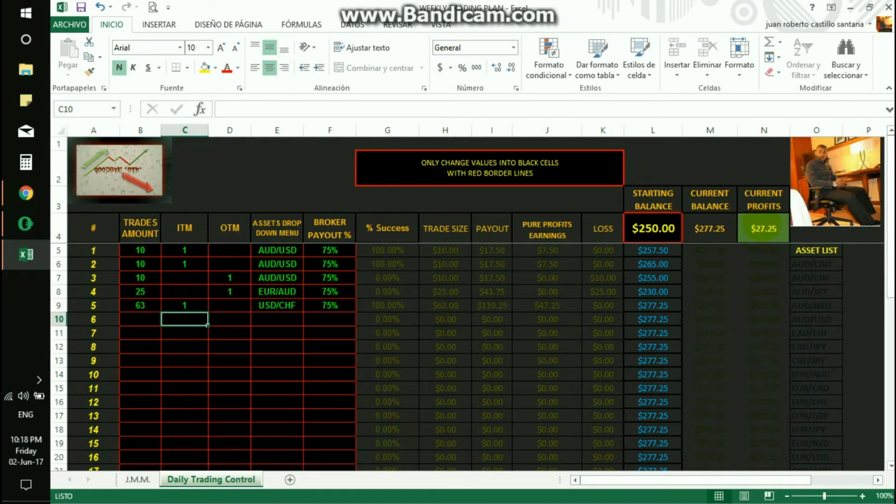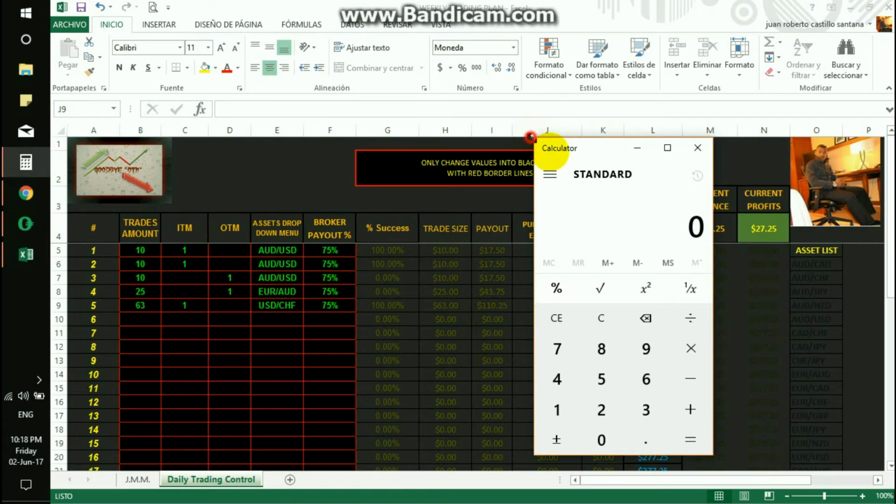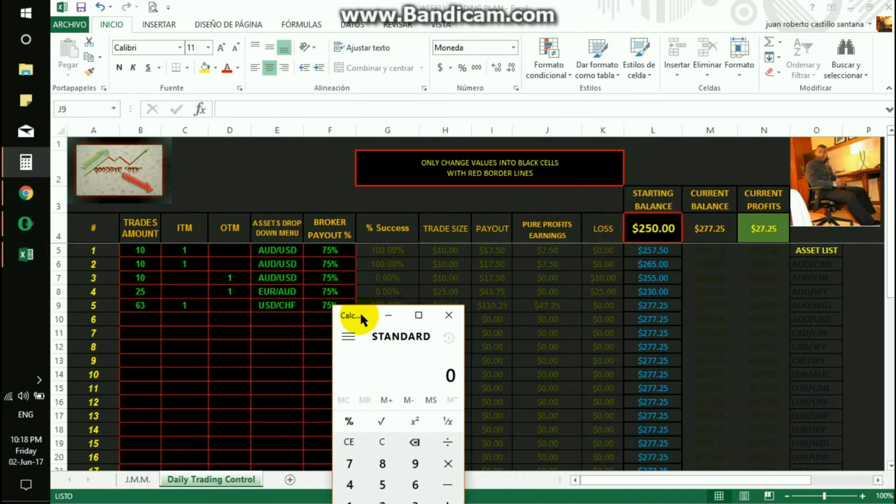As you can see right here, now your balance is again back in profit. This $63 investment allowed you to recover your $10 and $25 losses. For example, this $63 is giving you $47 pure profit. Now if you take away this $47,